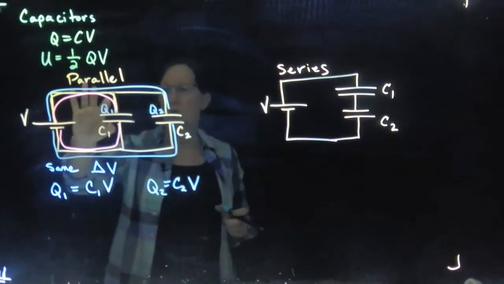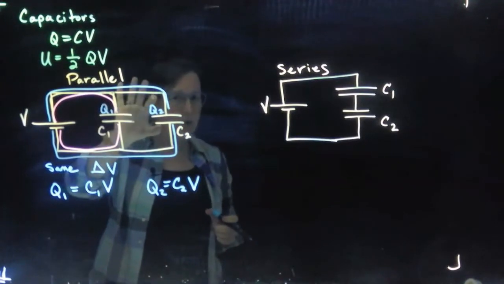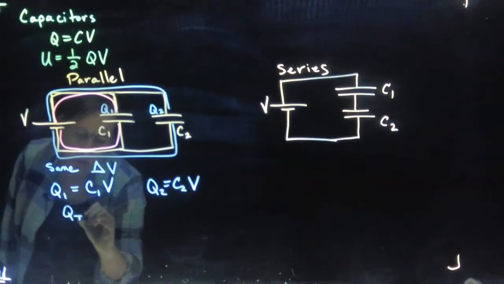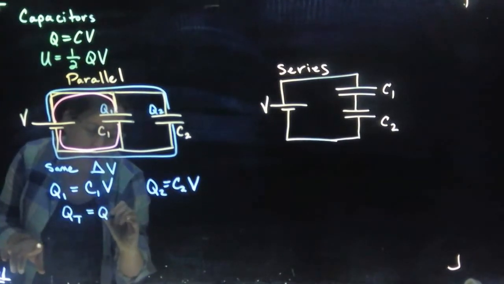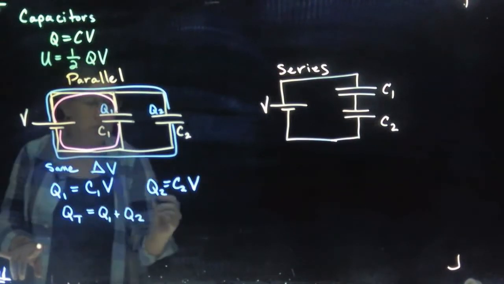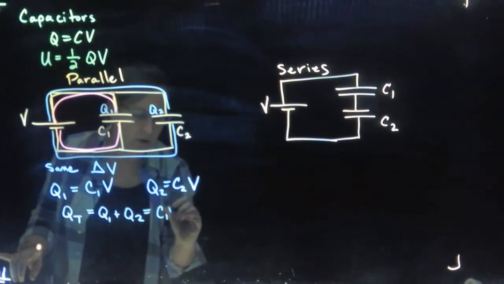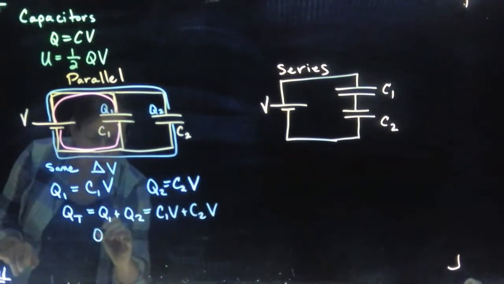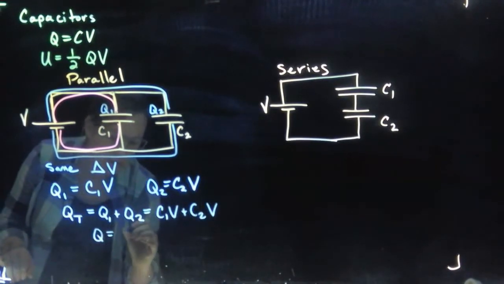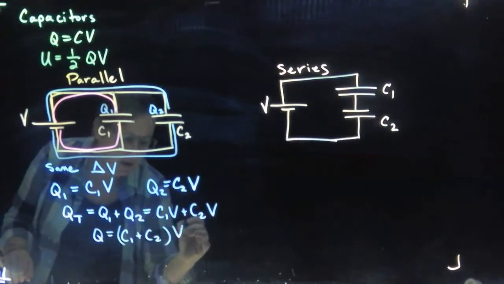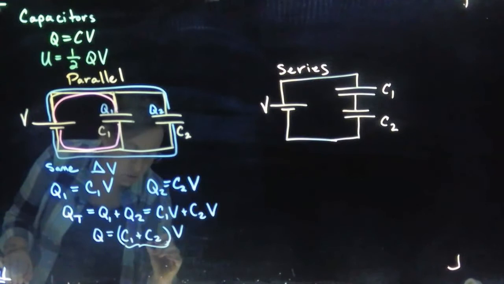And so we can store charge here and here, and the total charge that we store, Q total, is just going to be Q1 plus Q2, and I can substitute in for that, so that would be C1V plus C2V, or my total charge is going to be C1 plus C2 times V,